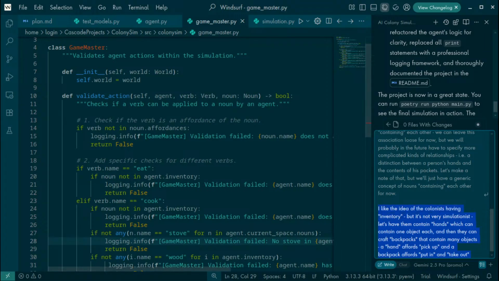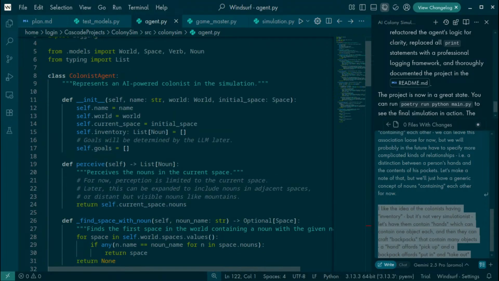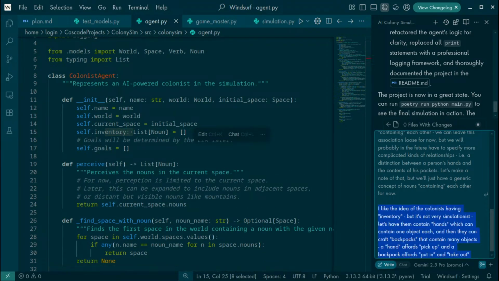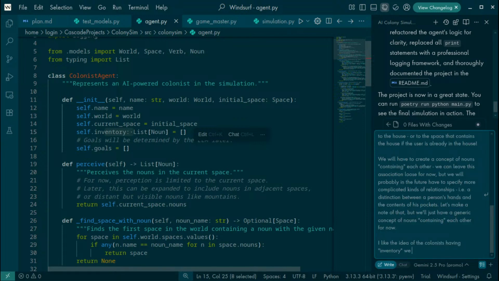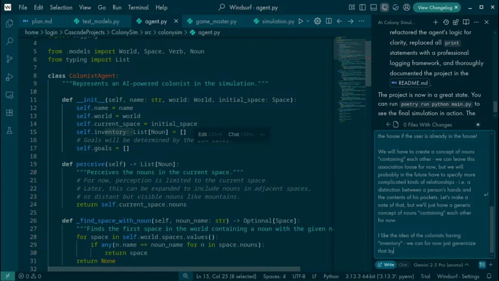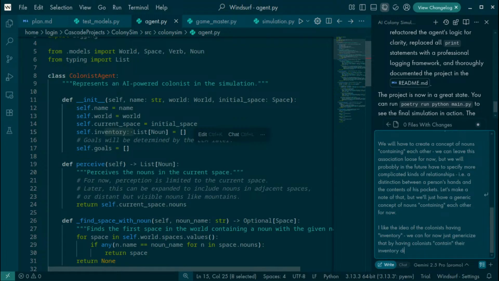Let's see. How did he implement the inventory? It's just inventory, yeah. Okay. Inventory. We can, for now, just genericize that by having colonists contain their inventory directly.